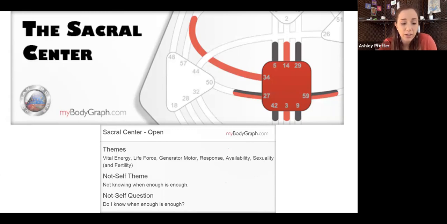If you're a manifesting generator or a generator, you're the ones that have this, and you produce the life force energy for the world, for people to take and use. You're creating the life force on the planet. And there's about 70% of manifesting generators and generators. So there's a lot of you guys doing that. So if it's open,